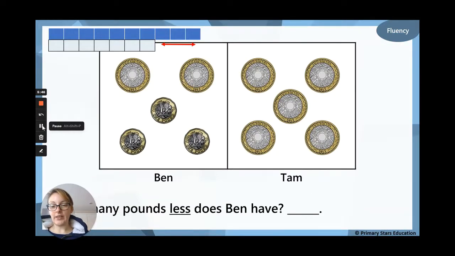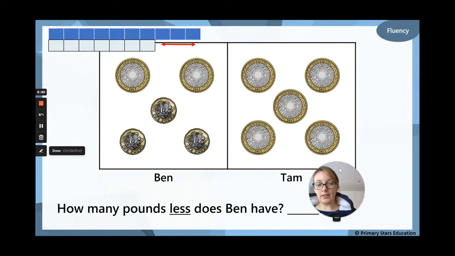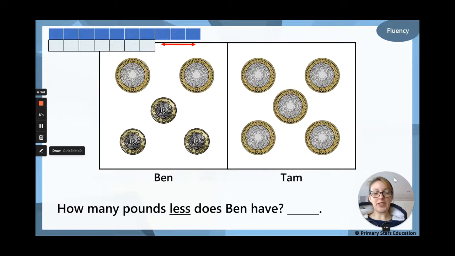Okay, this time we're going to have a look at something a little bit different. So let me just move me over here. There we go. So the question says, how many pounds less does Ben have? So we can see here, Ben has this amount of coins and Tam has this amount of coins. So the first thing we need to do is find out how much does Ben have and how much does